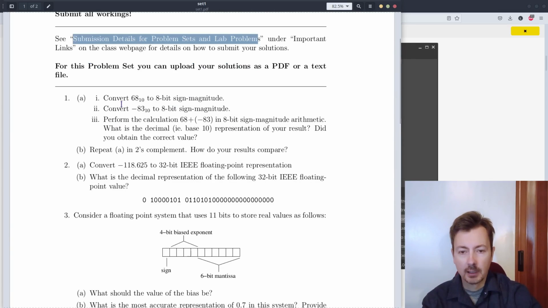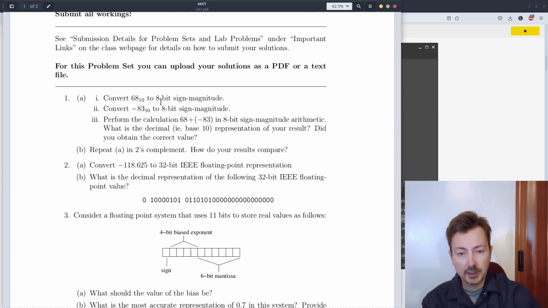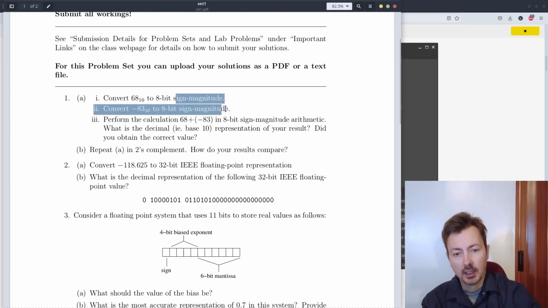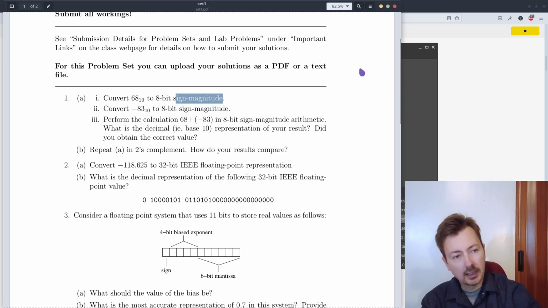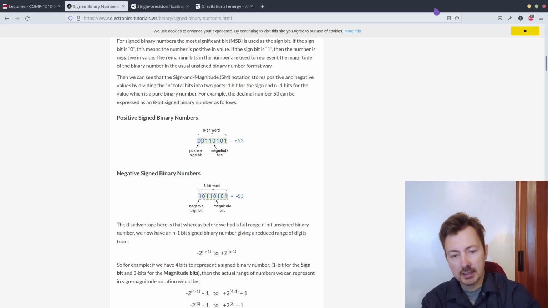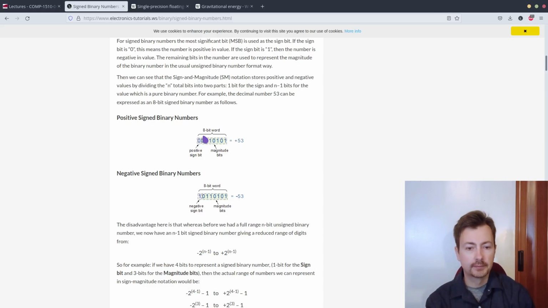First problem, convert a decimal number into a binary, 8-bit sign magnitude. What is sign magnitude? I did not mention this in the previous lecture. Basically, you encode the absolute value in the binary, and then the leftmost bit will be the sign bit. So put